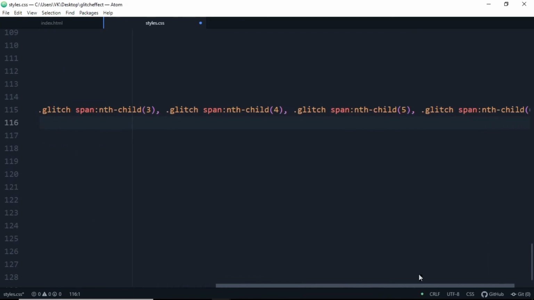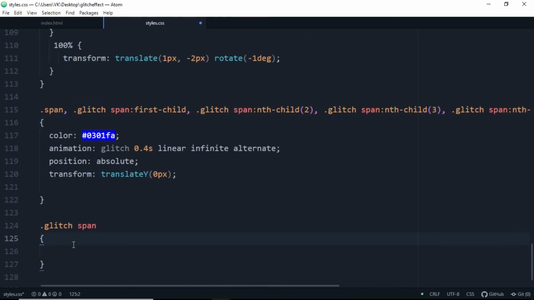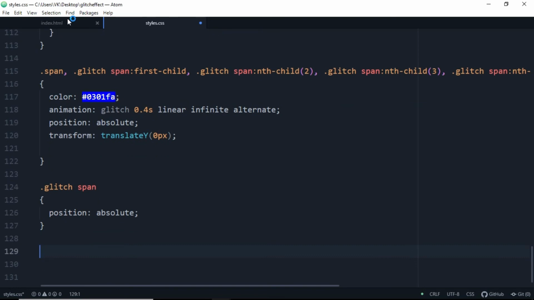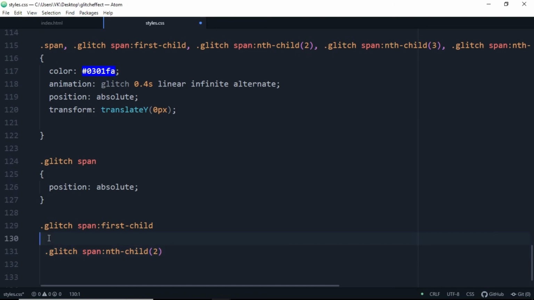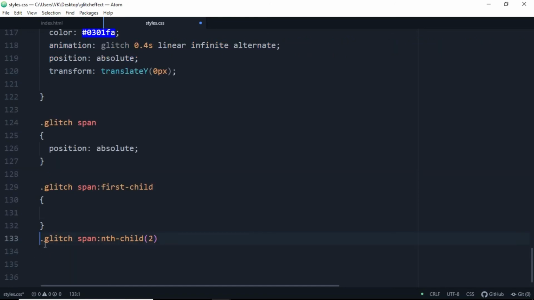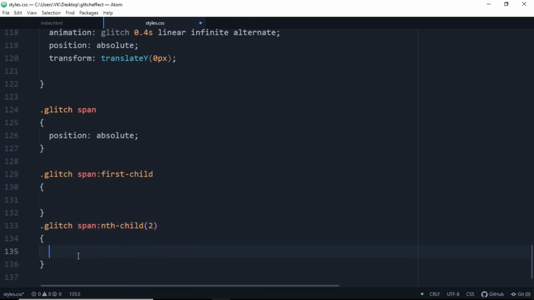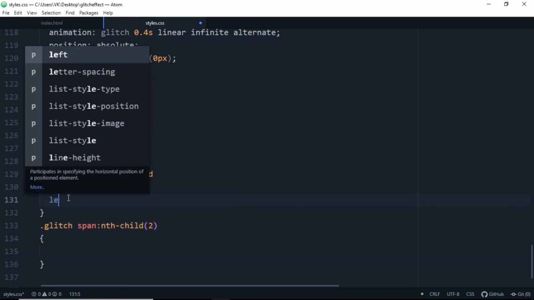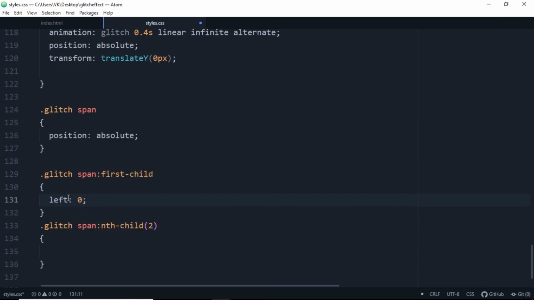Then I'll just skip this part here. So add glitch span, position absolute. So hit enter and let's copy this first child and nth-child one, just remove this comma and hit enter. After the first child, add a curly brace, and after the second child, add another curly brace. So now the properties for the first child: from left it should be 0, and from left it should be 25 pixels.